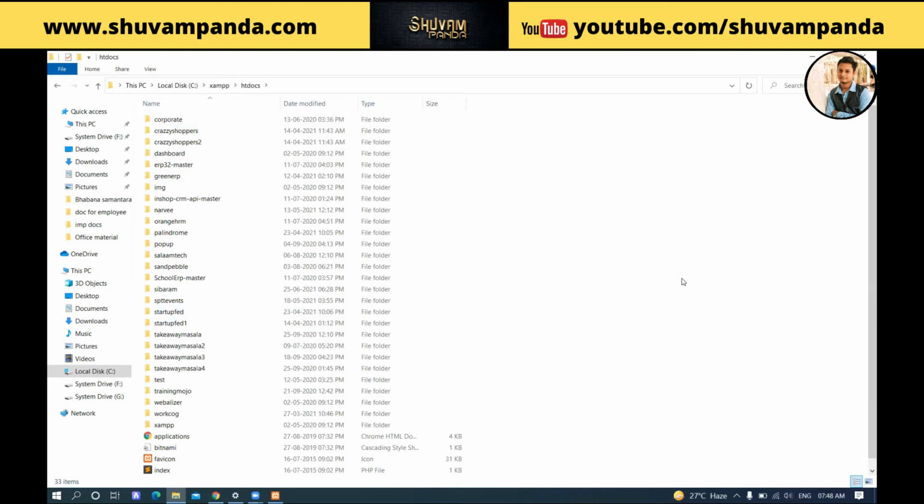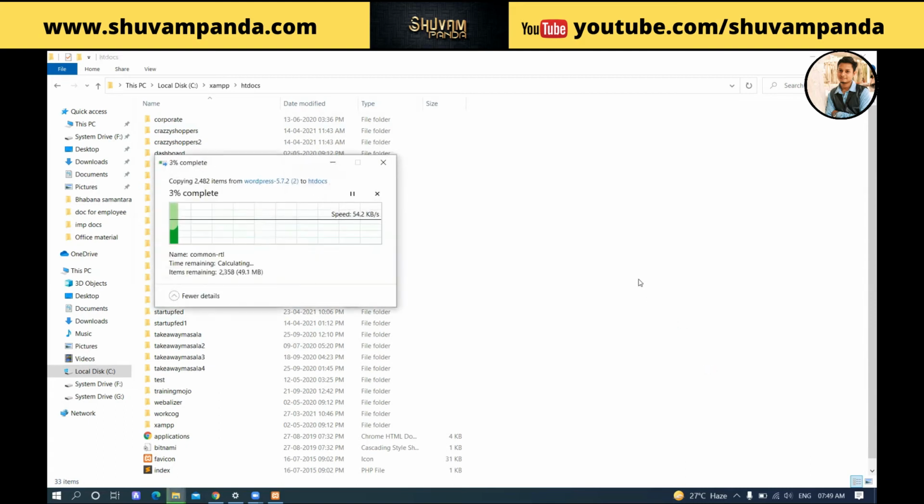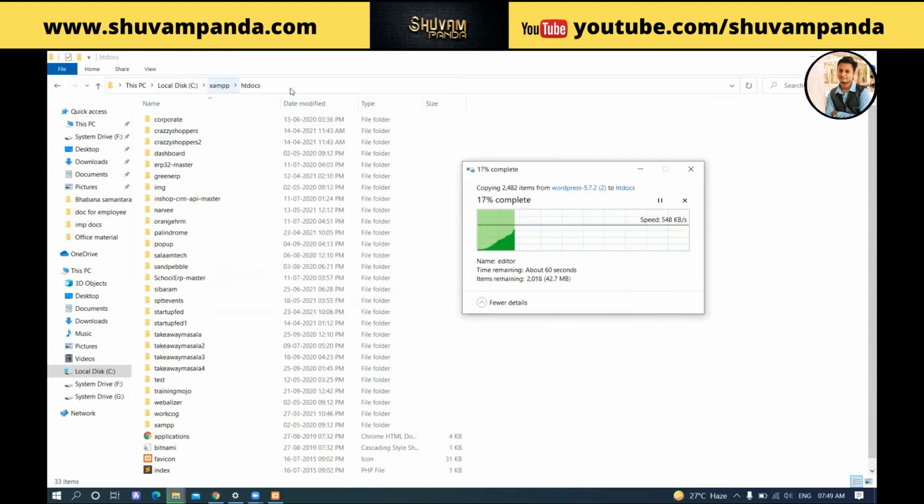If you remember, I copied that file from the extract. Now I need to paste it here. I pasted it. Remember that in my C drive, XAMPP, htdocs, many folders are there because I am working regularly on different projects. But because you are new to the system, you will not find this many folders and files in your C drive, XAMPP, htdocs folder, because it is the root. One or two default files will be there.